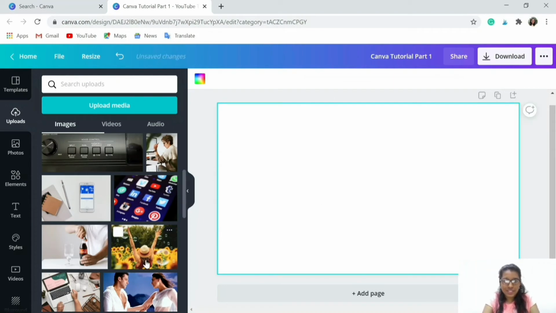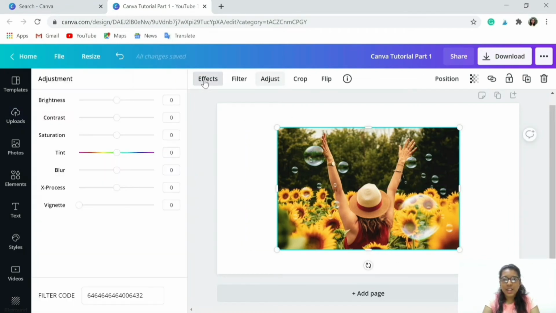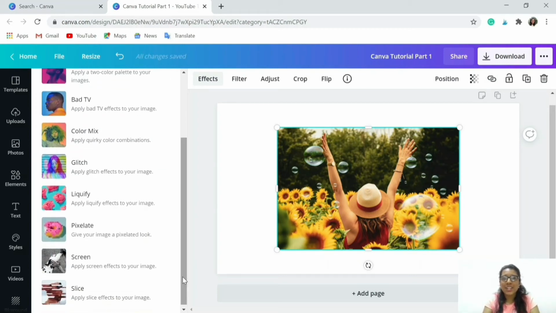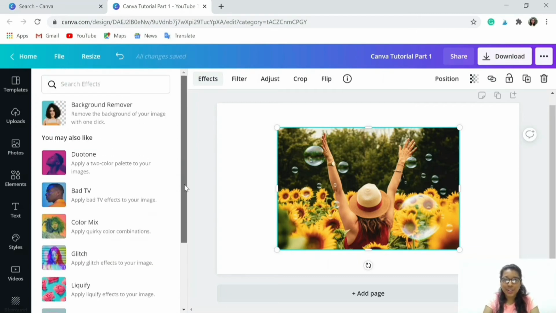So let's just take the picture again. Let's start with the top tab that gives you all the features to customize your image. So first one is effects. There are various effects like background. You can remove the background of your image, or you can apply two colors to your image, duotone. I'm not getting into each of these features, otherwise it would take a lot of time and this video would be very long. I will be making videos in future getting into the details of image resizing and applying effects, etc. But for now, as a beginner, you need to know a few basic features to get started.